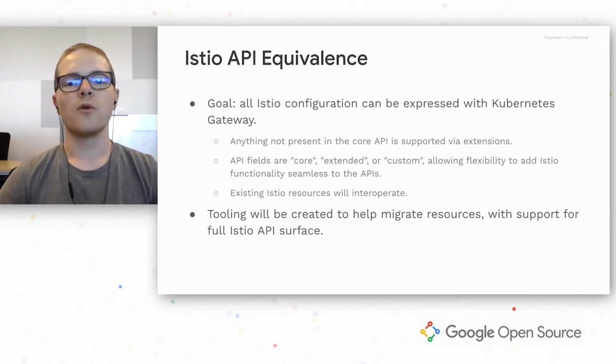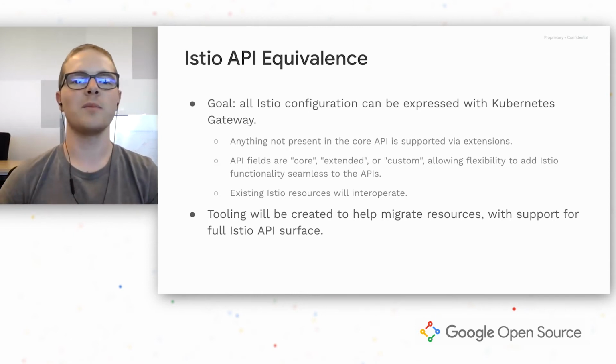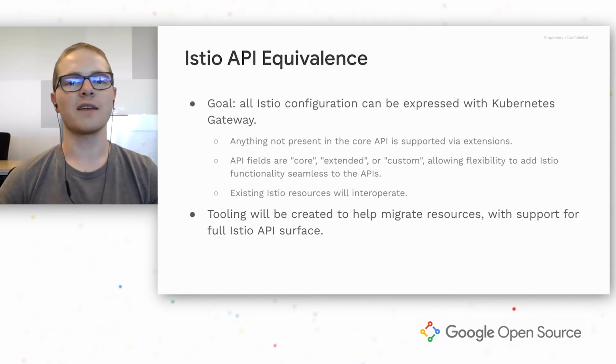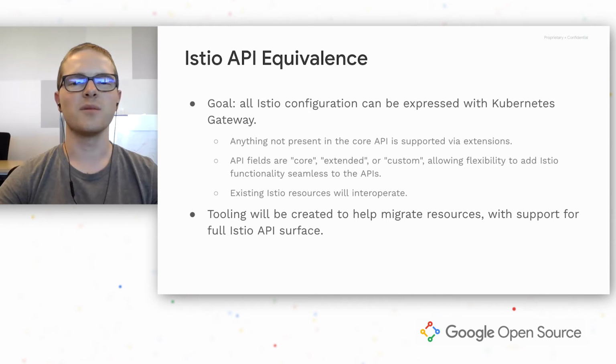So we really don't want to create these two walled gardens where you have either your Istio resources or you have your Kubernetes Gateway API resources. We want them to all be able to be mixed in a cluster so you can seamlessly move over. If you're following some documentation that uses the old Istio ones, you can continue to use those even if you have Kubernetes Gateway resources. That way it's really easy to migrate over, and you don't need to boil the ocean